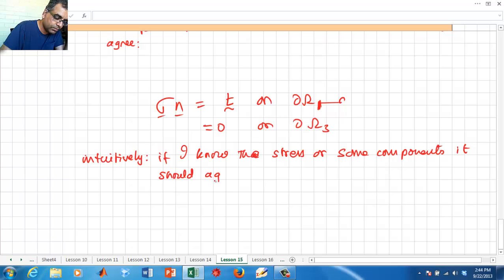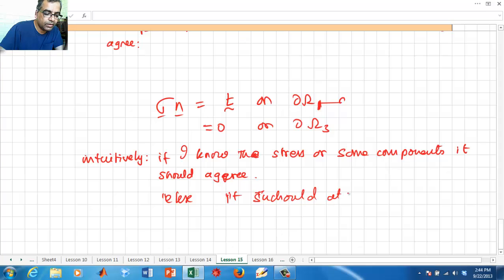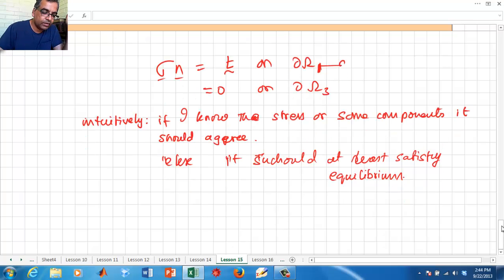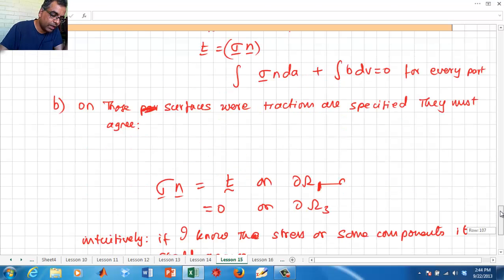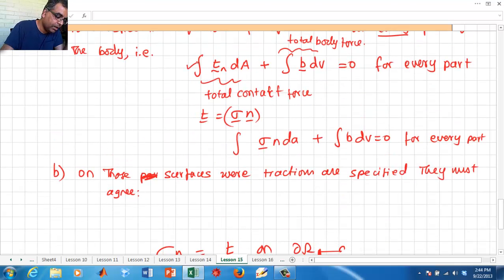Else, if I don't know, it should at least satisfy equilibrium. And in most cases, the way we check that is not by doing this, but instead